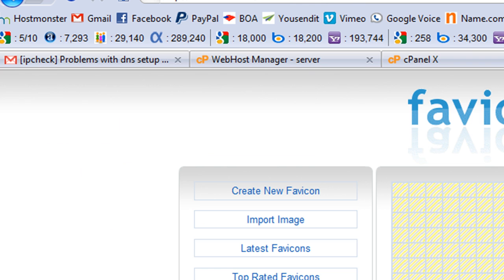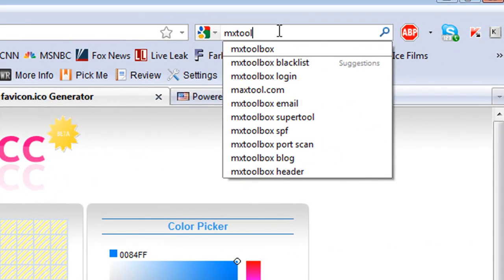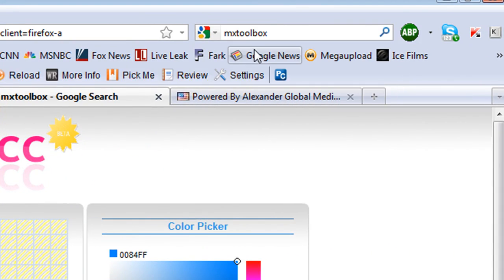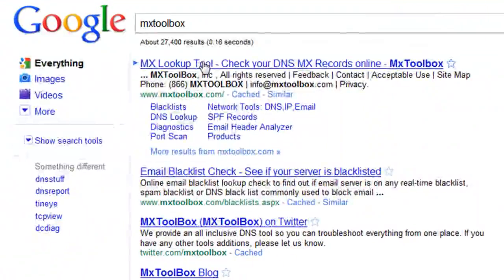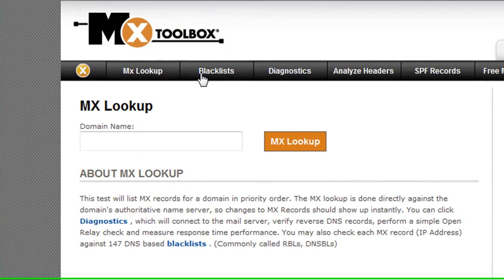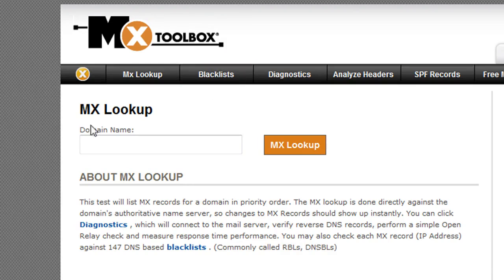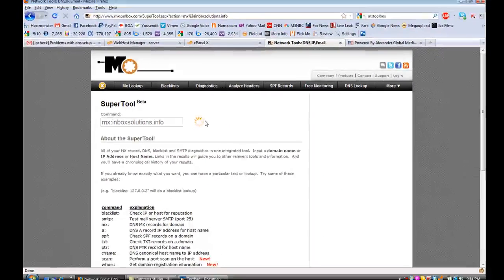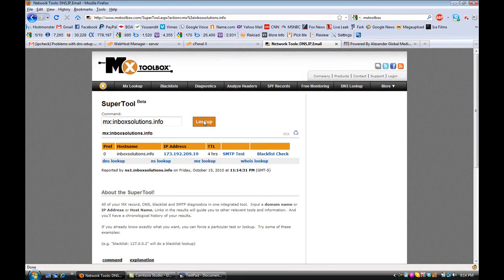The best way to do that is you can go to a website called MX Toolbox, mxtoolbox.com. MX Toolbox is an RDNS checker, and you can look up even blacklists. All you got to do is just look up the name of the domain, and really that's it. It will check if the RDNS has in fact been set up. So you want to make sure that it's set up before you send